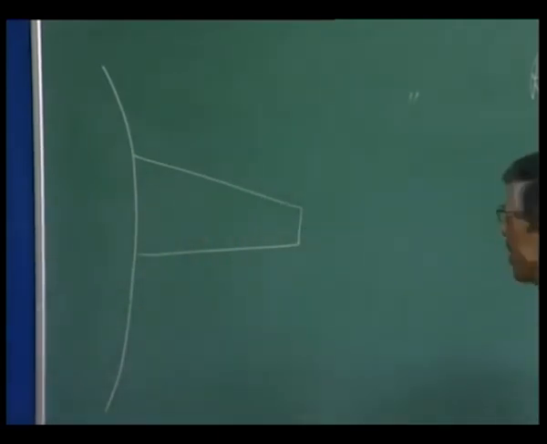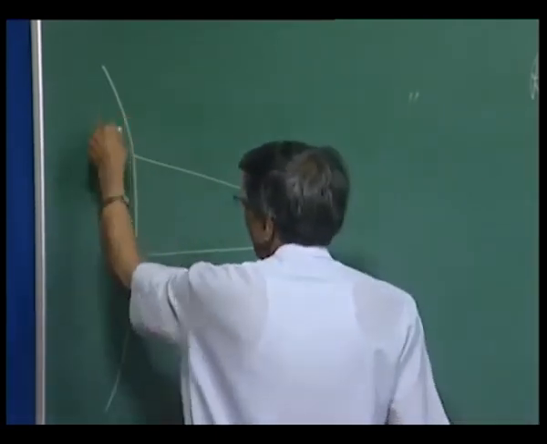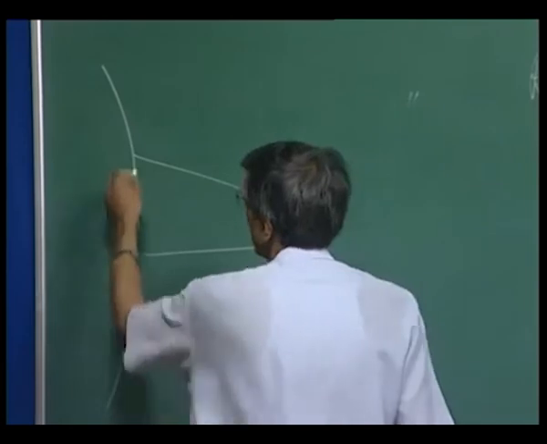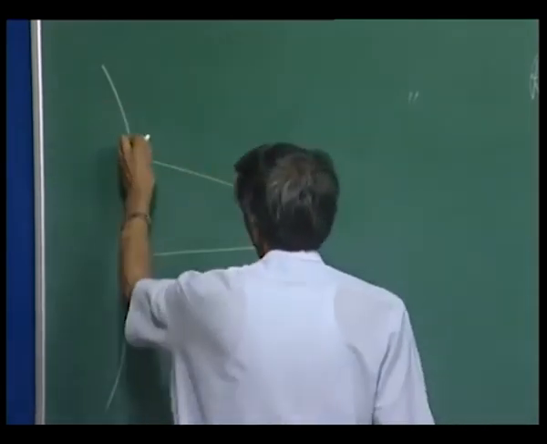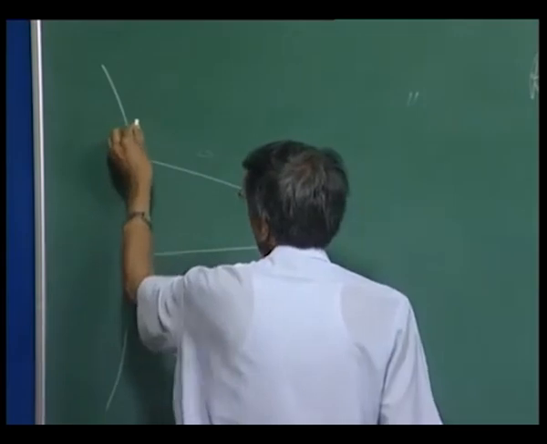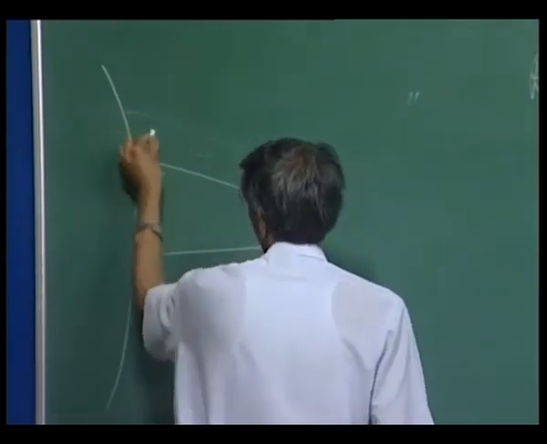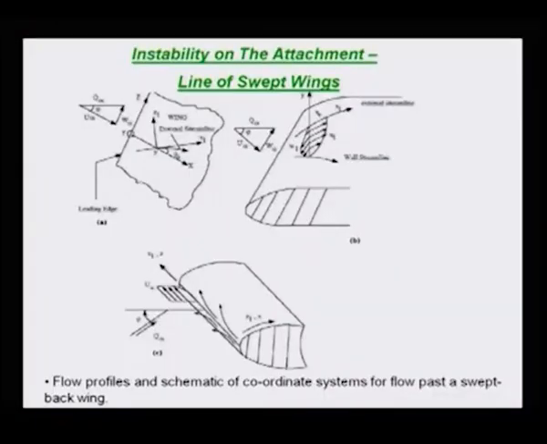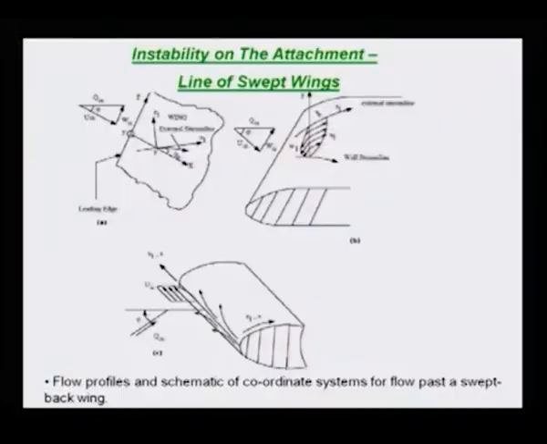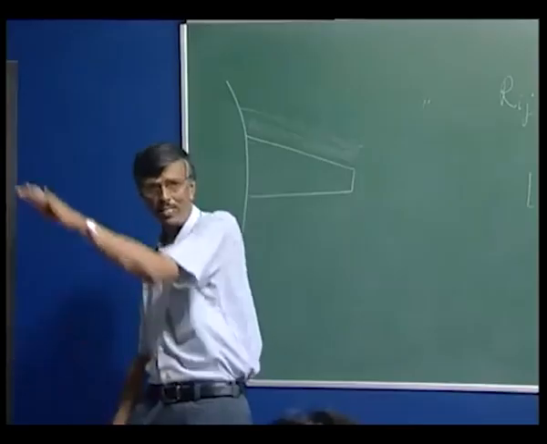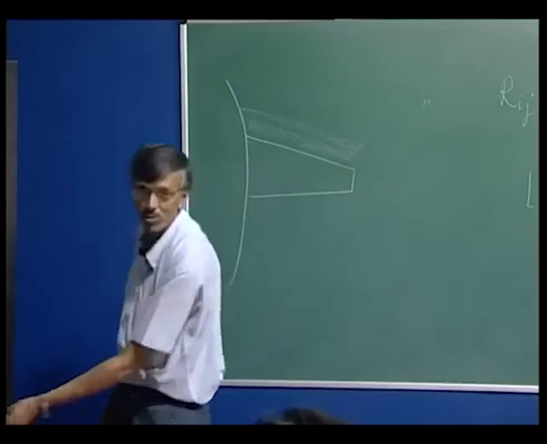And what is happening here is some kind of vertical structures are getting created at this corner, and they keep moving along this plane. And in this plane it is like this, where I have shown it. If you project it out of the plane, then that is your attachment line plane, on top of which the flow actually wraps up like this, and on the bottom it rolls down like this.